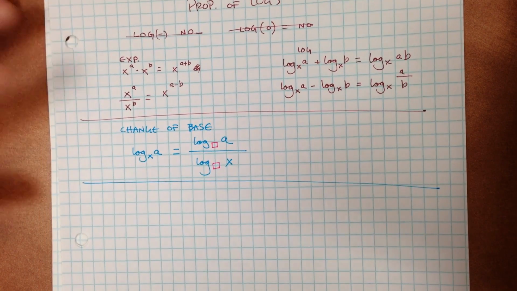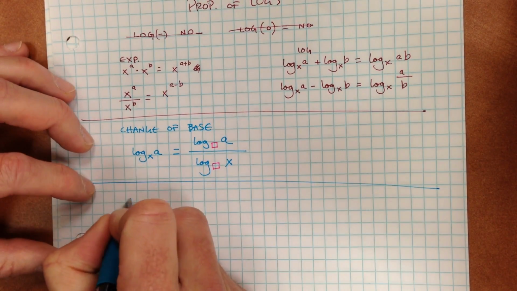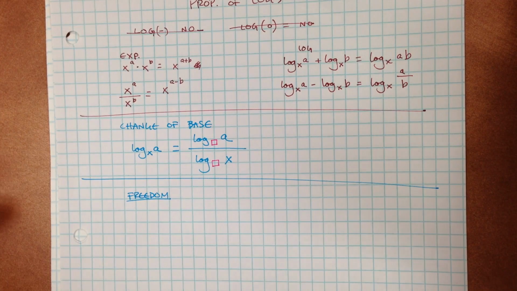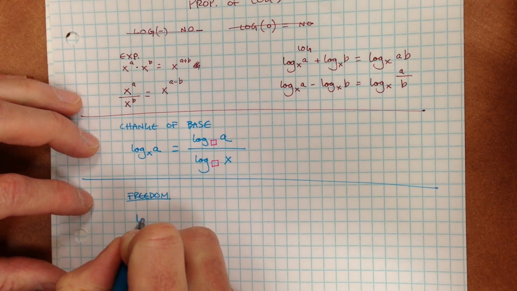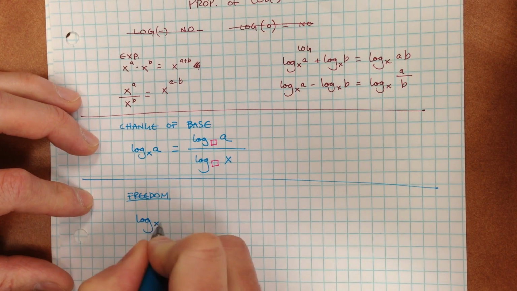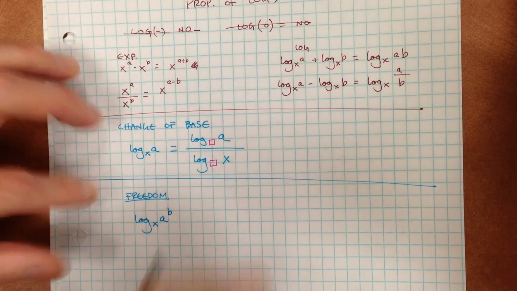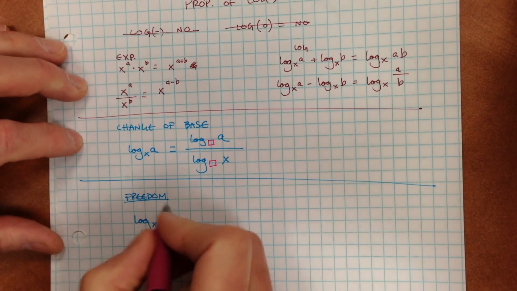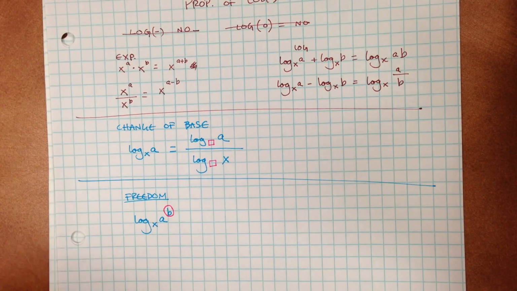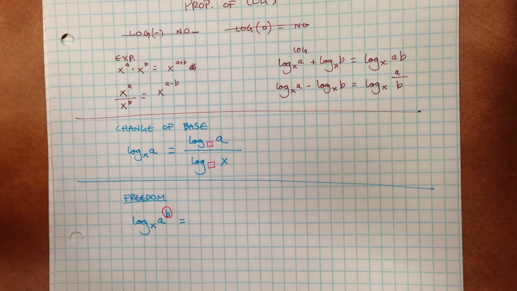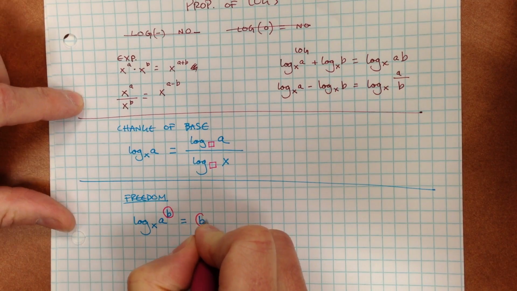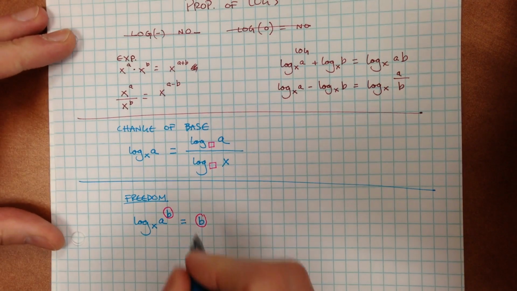How about one that I like to call freedom? Okay. So let's say we have log base x of a raised to the b power. When we have this situation, we have our log there. This b value has freedom to move. It has freedom to move down and bounce out in front of the log as a multiplication problem. So it could be rewritten as b, and I'll identify that b there in that circle so you see where it's at. It now comes down out of the exponent position,